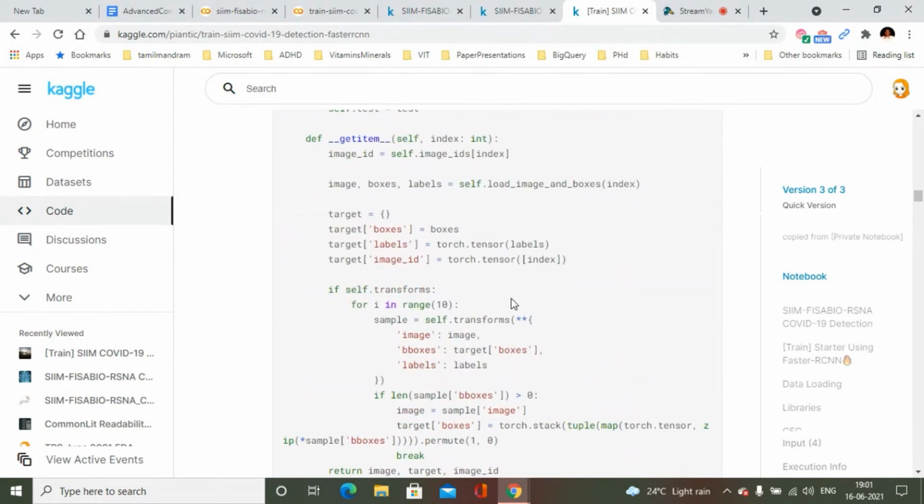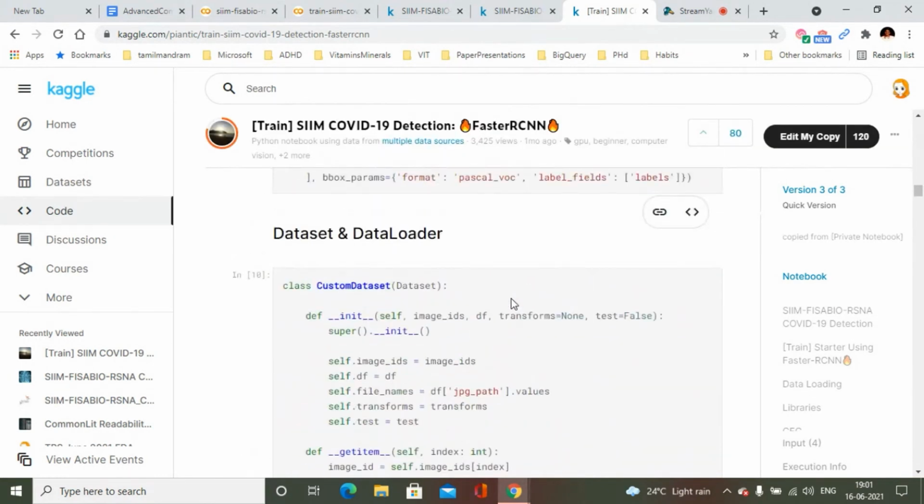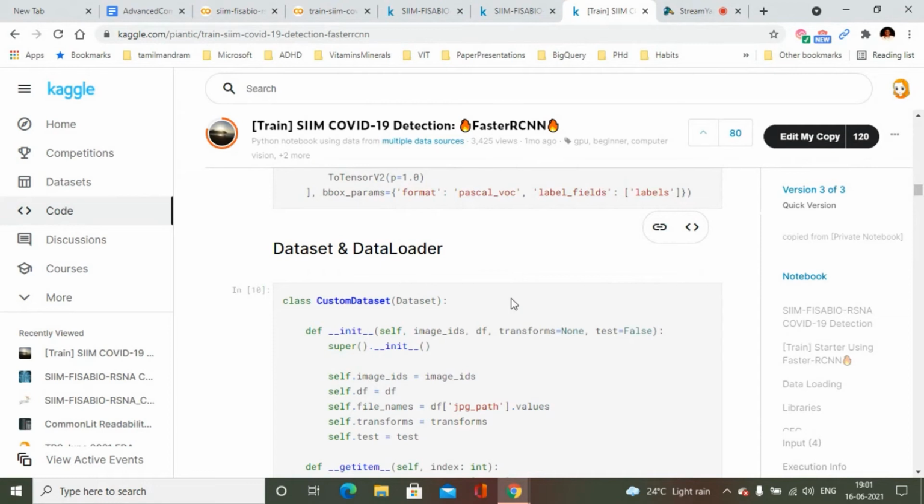Next, data set and data loader. There is this whole concept of building an input pipeline, and PyTorch is built using data set and data loaders. Data loaders come with a lot of utility functions, with which you can create data loaders from the data set. They will help you build an efficient input pipeline.